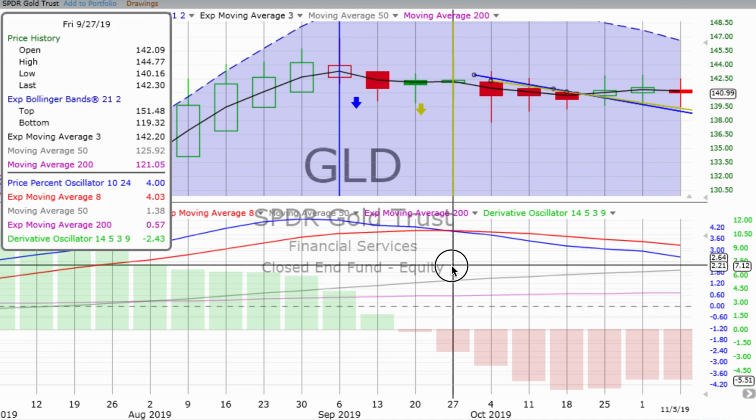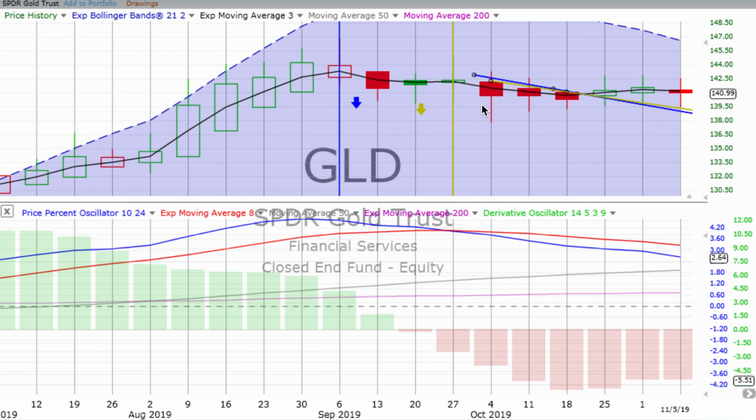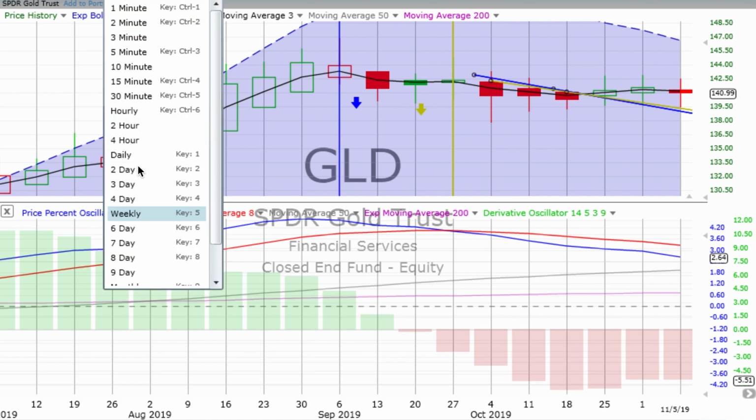Gold had a weekly vertical crossover all the way back on the 27th of September and has gone down, but it's mostly been sideways. And so far this week, we have a red spinning top, meaning indecision, tending down. We look at that price percent oscillator, it's kinked over, heading down further now, and the derivative oscillator is also starting to gain some downward momentum, which is good to see. The prior 2 weeks, it had been losing downward momentum as we had green spinning tops. So we'll continue to keep an eye on gold.